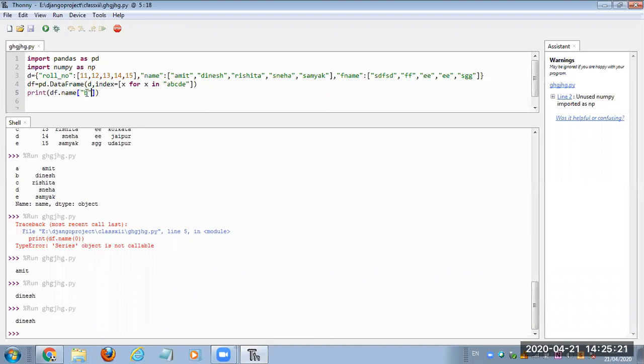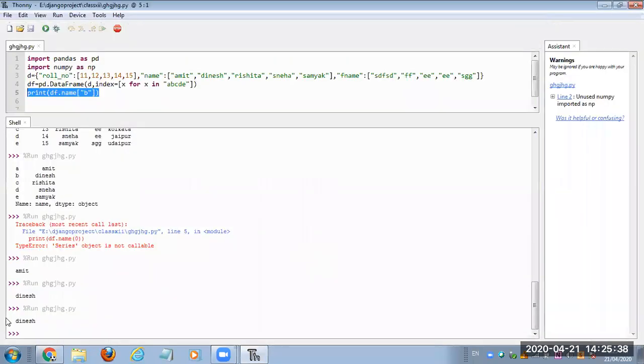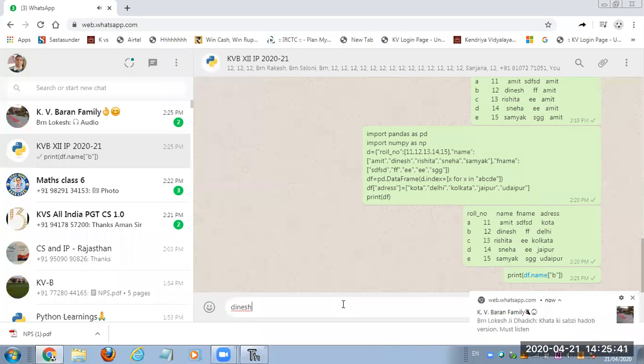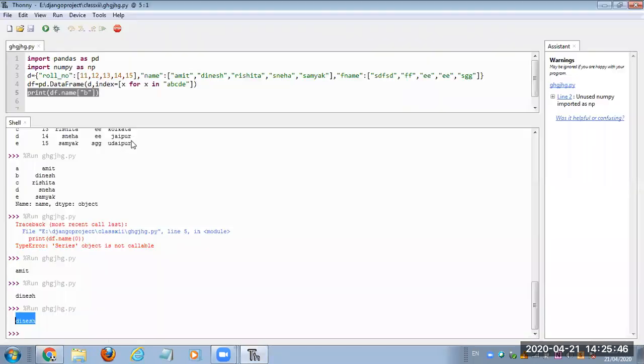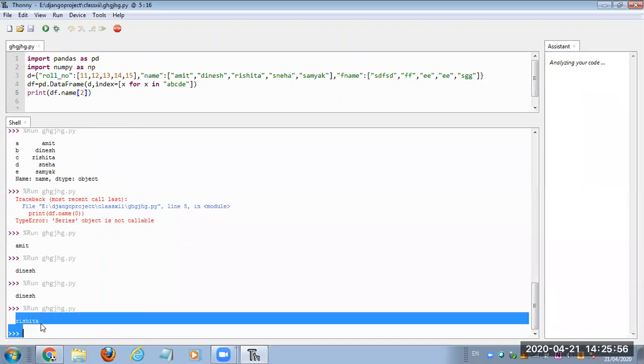If I want to use user defined indexes, I have to use double quotes, and if I'm using default indexes, I just provide the number. When I provide 2, it gives Rishita.